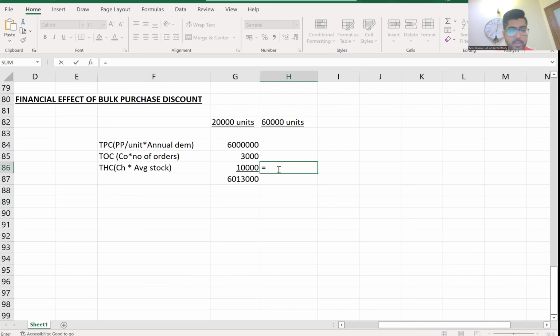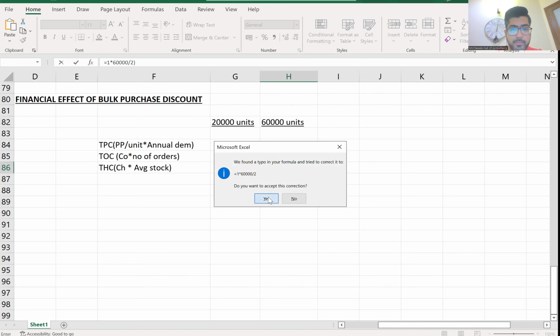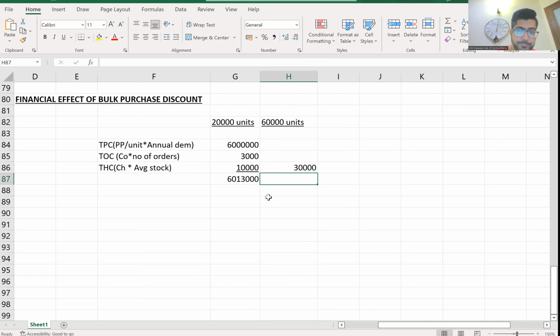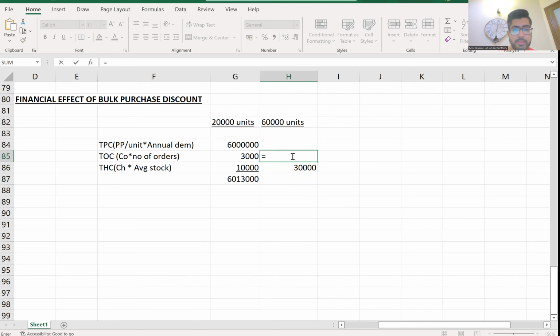Okay, now THC is very easy. CH 1 into average stock, buffer stock plus half EOQ. Now EOQ is 60,000. So 60,000 divided by 2. Okay, it's 30,000. TOC, C naught, 250. Number of orders is annual demand 240,000 divided by now EOQ, 60,000. Okay, total purchase cost. Purchase price per unit is not now 25. With the 0.5% discount, it's 99.5%. Okay, it's not 25, it's 0.5% less. 99.5% into purchase price per unit into annual demand. Okay, if you add them all,